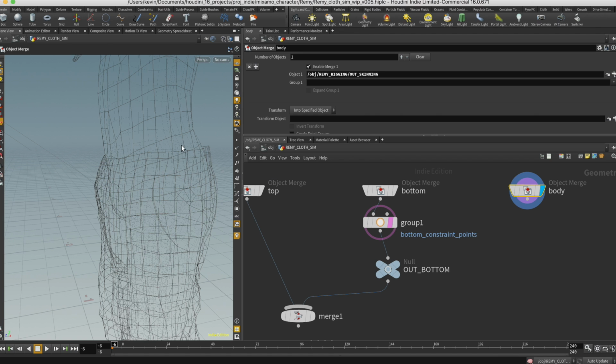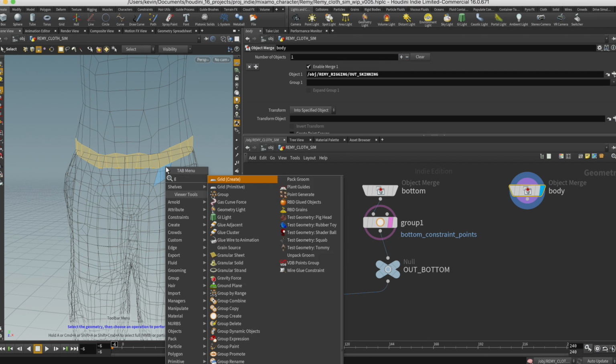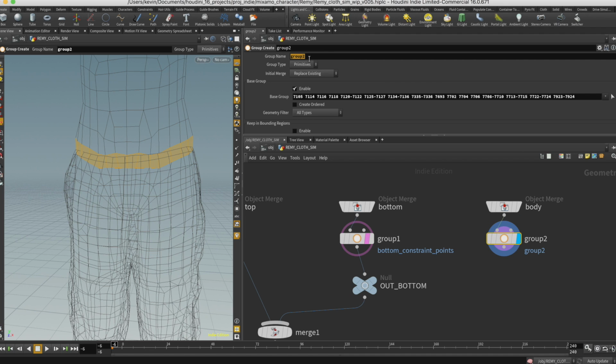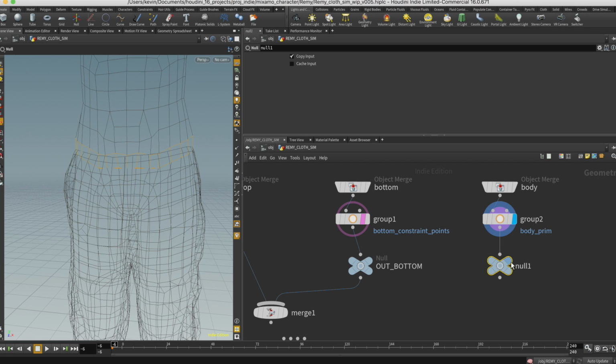So turn on the template of the bottom cloth, and I need to select the face loop, and in the viewport drop down a group node and rename the group as body prim, and make sure that the group type is primitive, and again drop down a null node to indicate that's the output